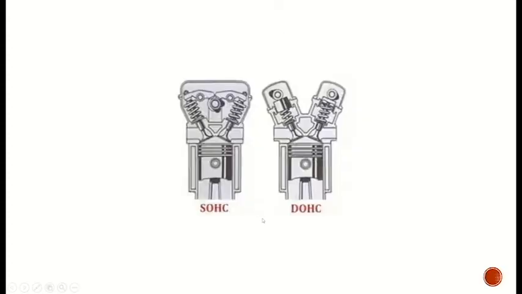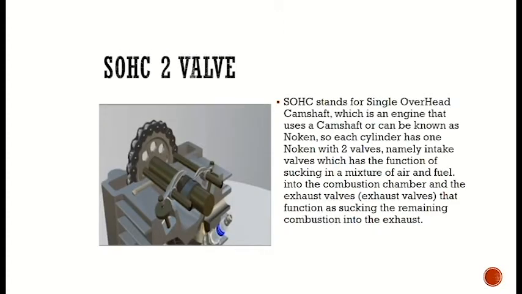In this slide 2, I explain that at this time the engine that has a valve drive or valve train is the most widely used machine, and this engine is divided into two types based on the valve opening system, namely SOHC and also DOHC. Both of these machines are still in production and development because they are considered to provide very large efficiency in fuel use and power. I explain about SOHC 2 valve.